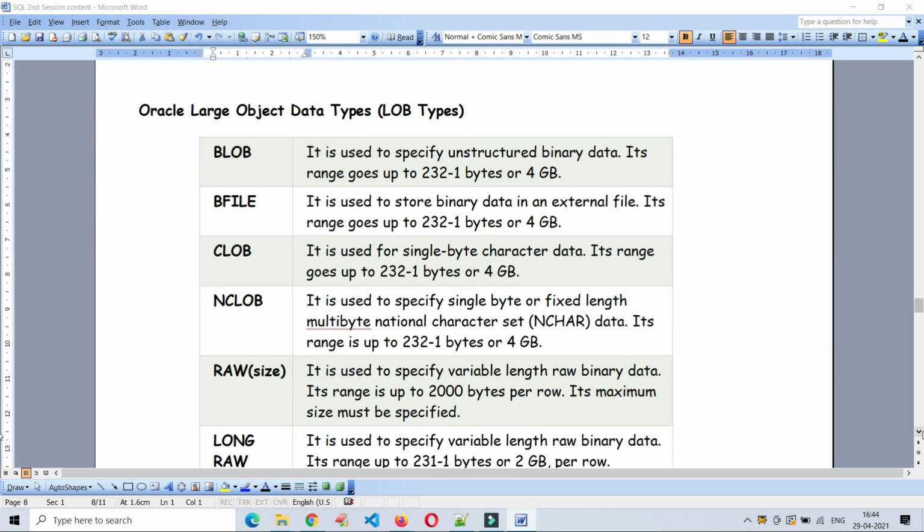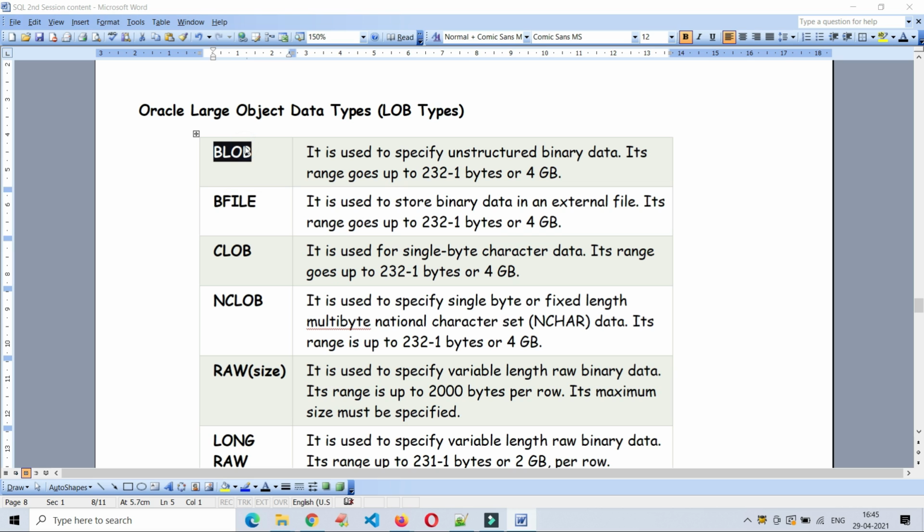And we have seen a few of the object data types, blob in MySQL, right? In the same way, blob for binary large objects. See here, the range is up to 4 GB, very huge in size. BFILE to store binary files.